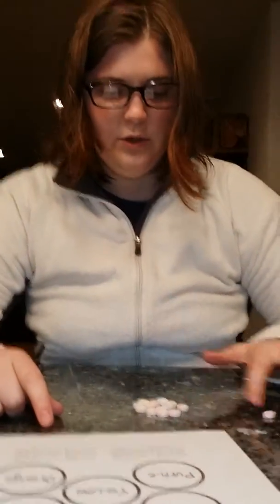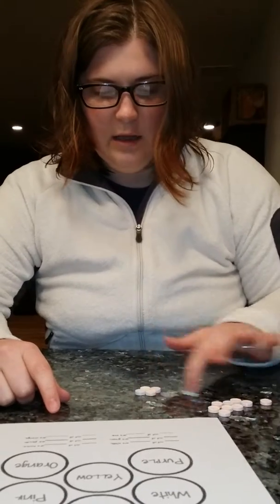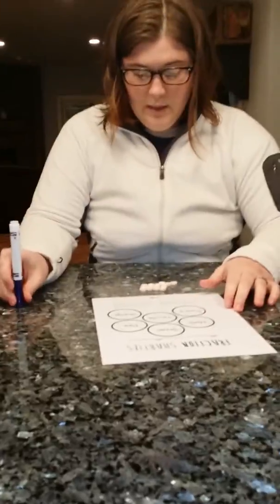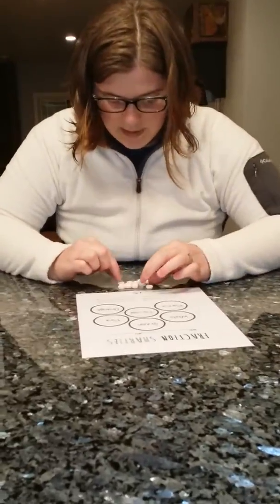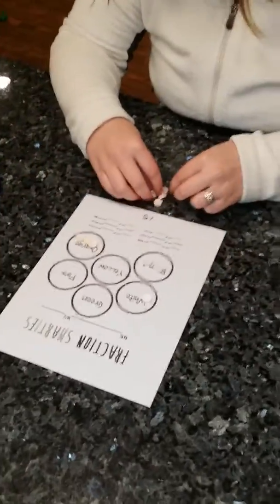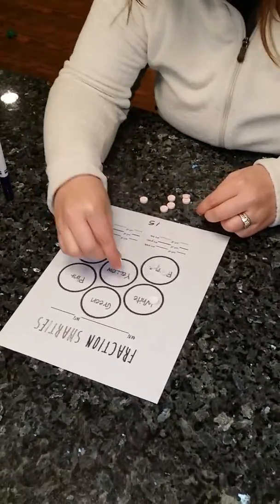So I have 1, 2, 3, 4, 5, 6, 7, 8, 9, 10, 11, 12, 13, 14, 15. I have 15. So everybody open your Smarties, count them up. Let's write 15 at the bottom of our paper so we know how many total. And then let's put them as colors. So divide them up. Orange, yellow,